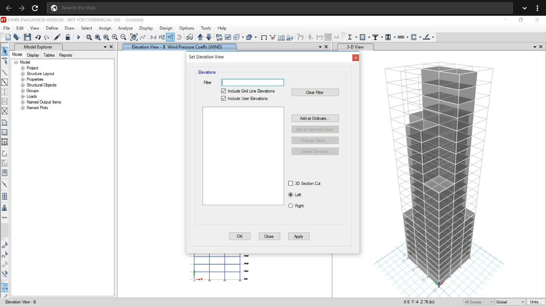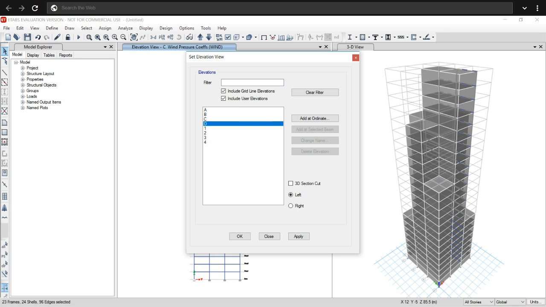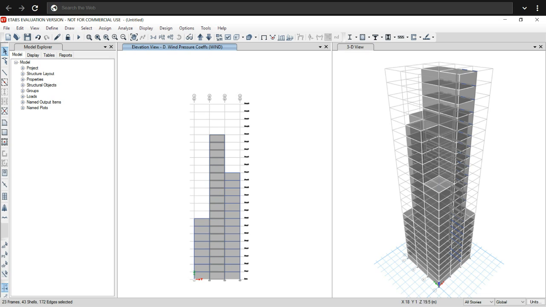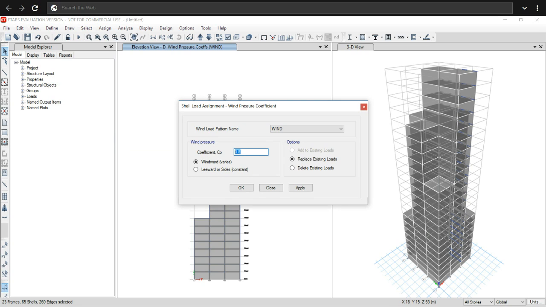Now for C and D, the coefficient is minus 0.25 in leeward direction. Minus 0.25 leeward. Apply.